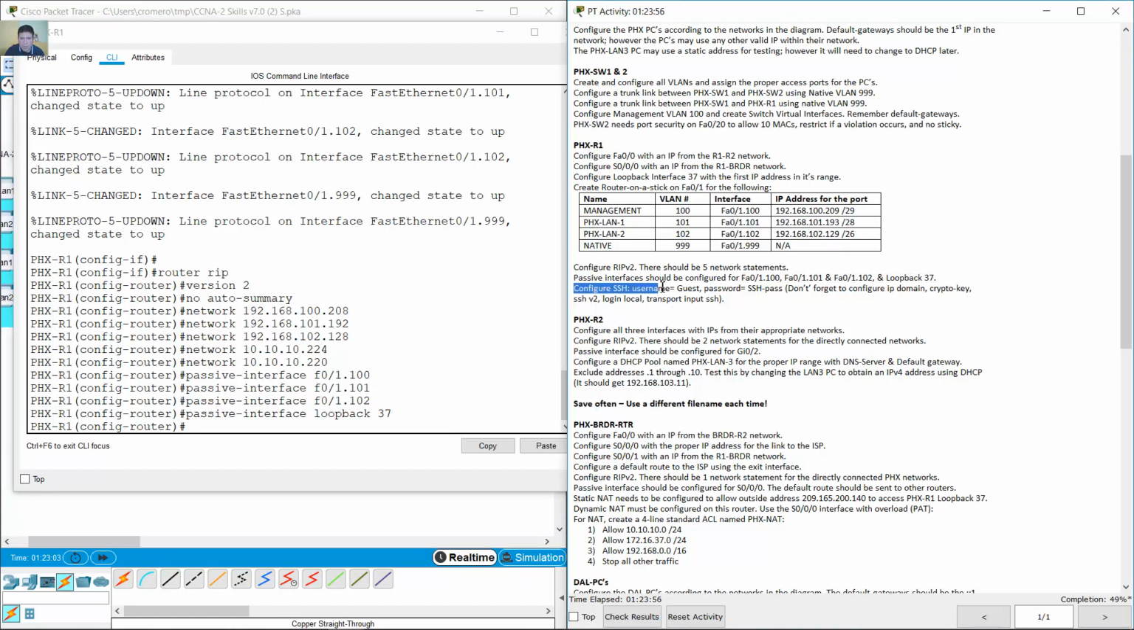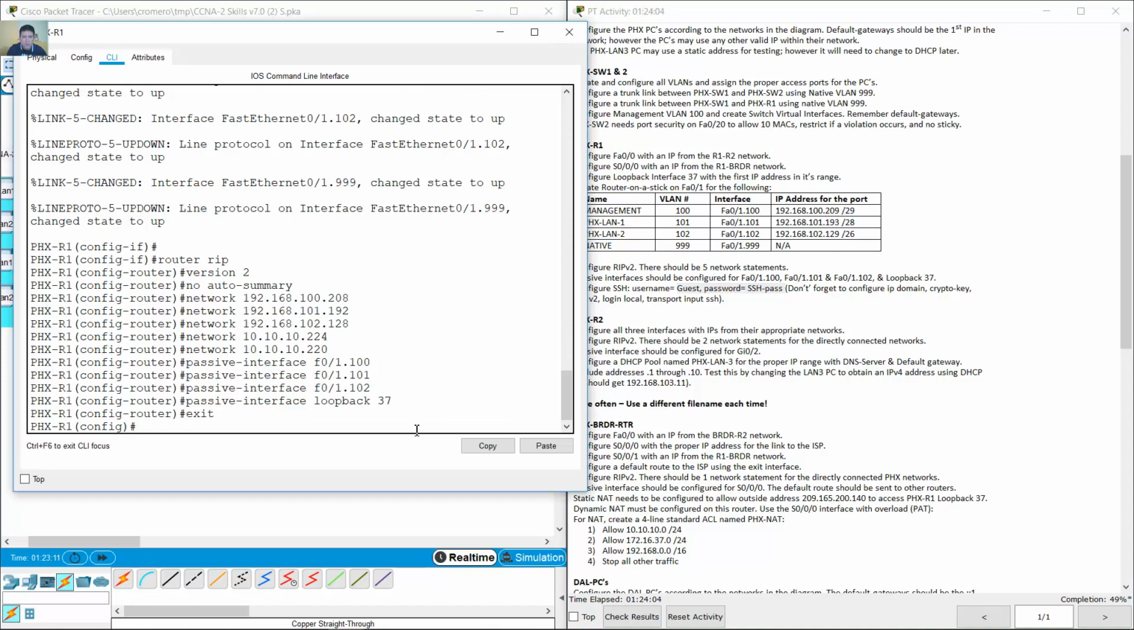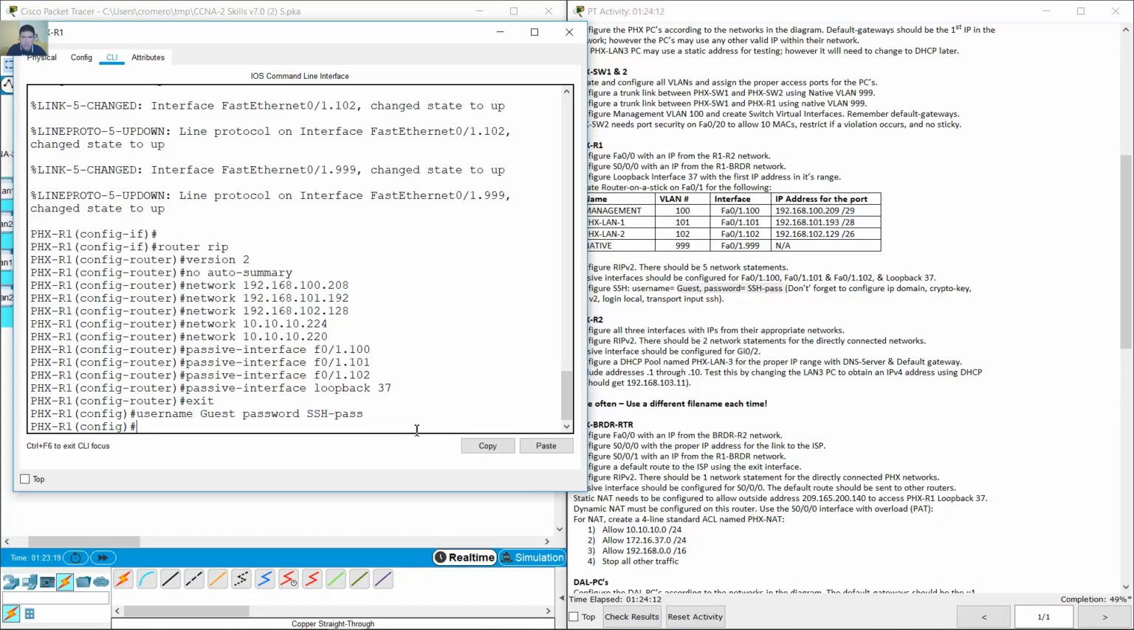Okay, SSH, username guest, password SSH pass, case sensitive, exit. Username guest, password SSH pass. IP domain. Okay, IP domain name. Okay,